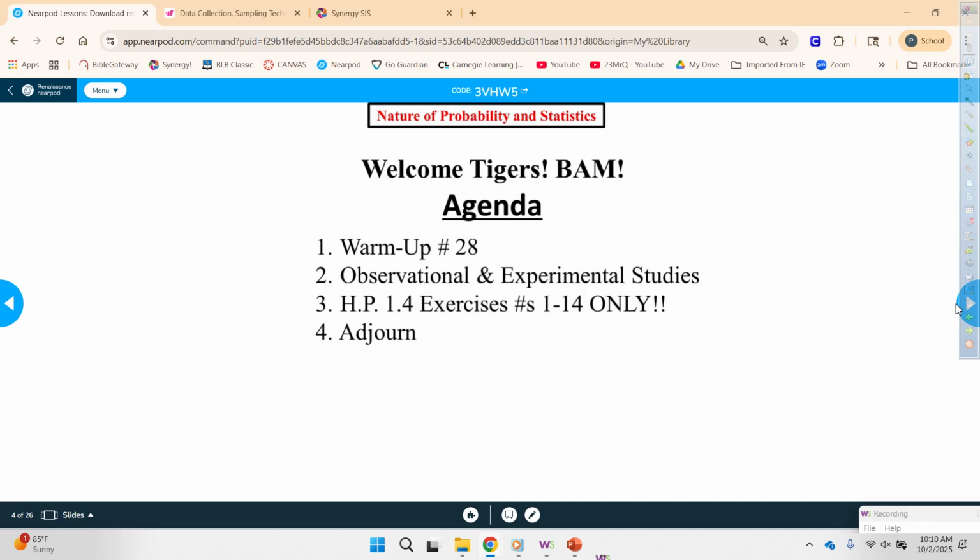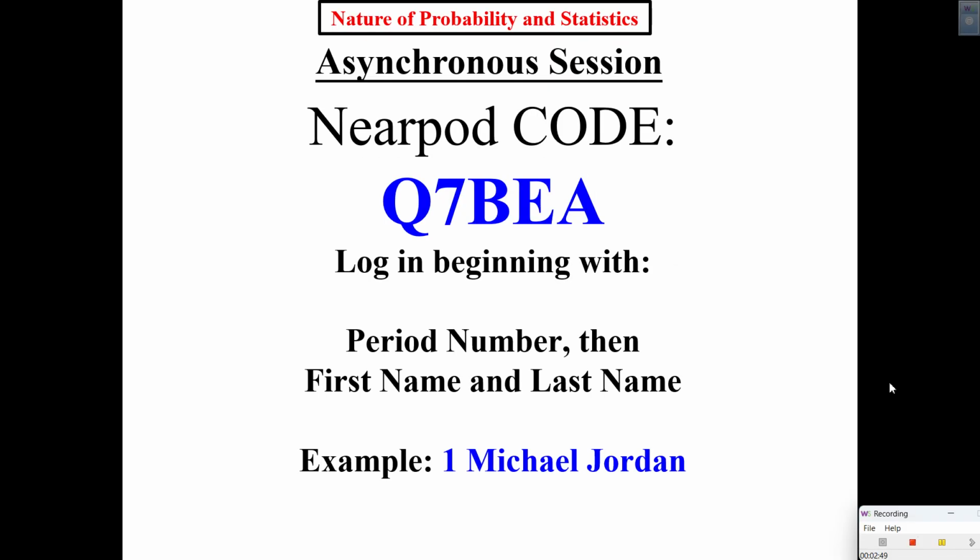However, after you copy the agenda, go to Canvas, turn in the home plate from yesterday. Only one problem, A, B, C, D, E, I believe you needed to answer. So turn that in. I'll give you guys some time. All right, thanks for turning in your home plate. All right, copy this code to access the home plate in case you don't finish in class.